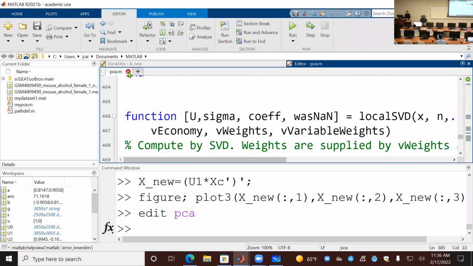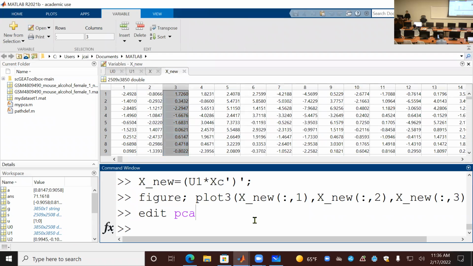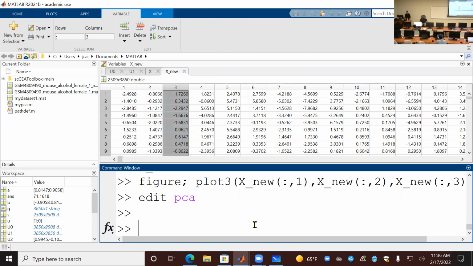I will spend some time on this later, but now we have to move on and use t-SNE to